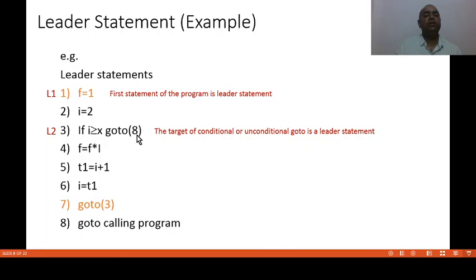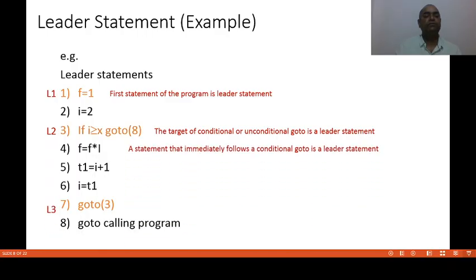Here the target is 8. So the leader statement is 8. And the statement that immediately follows the conditional go to, because this is the conditional go to here. Which statement immediately follows this conditional go to? The fourth statement. So this is also a leader statement. We can see 4 and 8 both are leader statements in this case.